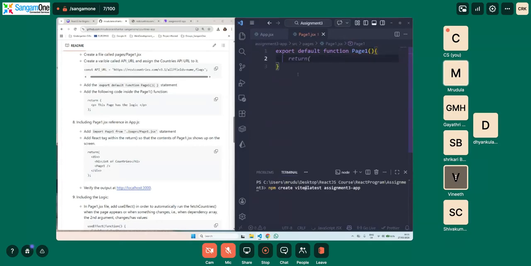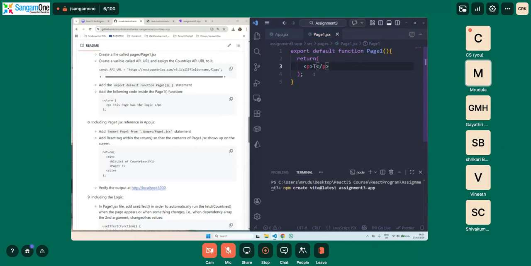Now, whenever we have an export, we have to have a return. So return, and return can never be null. So we will have something called p, and let it say this has logic. Okay, now we have it here.